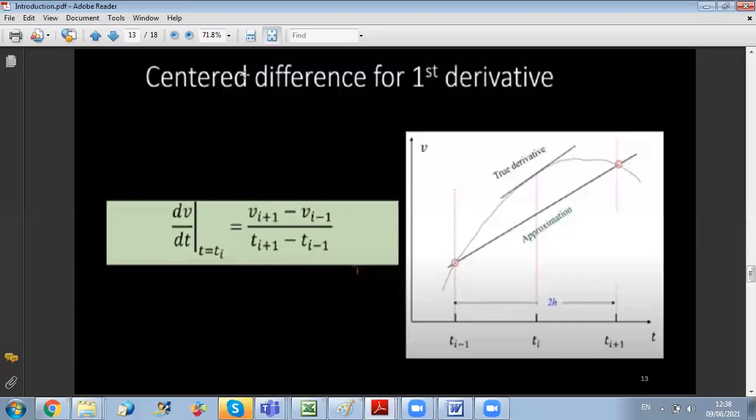Yes, doctor. Okay, so we were talking about the center difference for first derivative, which will involve the point just